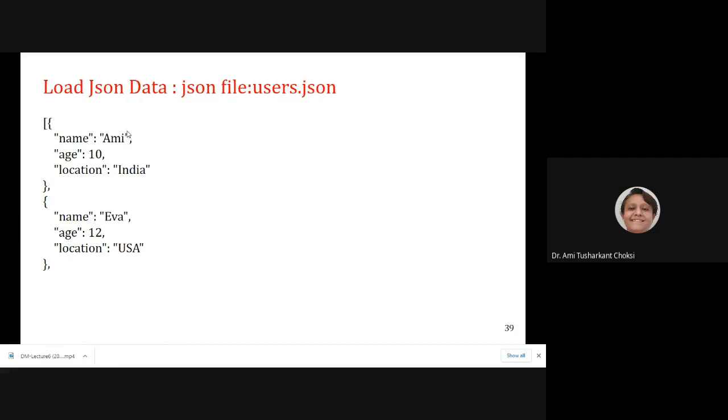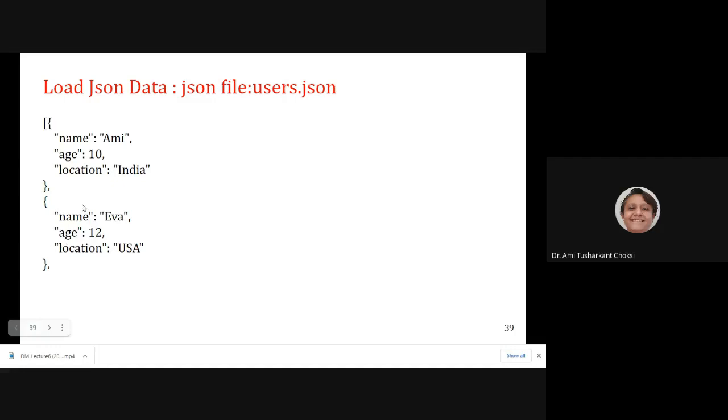Wherever we want to provide more data, we put the comma, and in the next line we are giving the name colon value, right? And that is being written inside the square bracket starting, then square bracket ending.